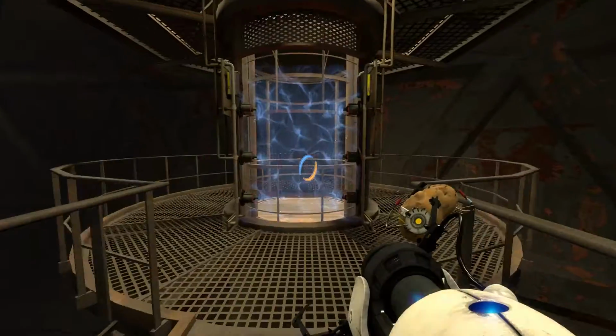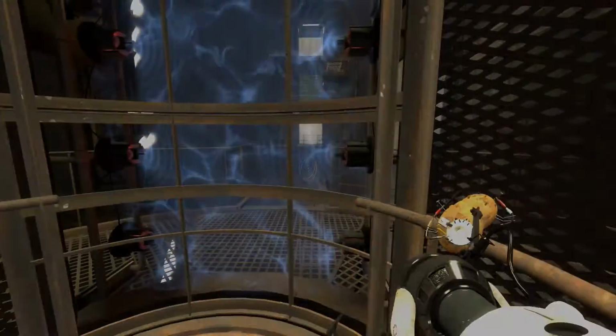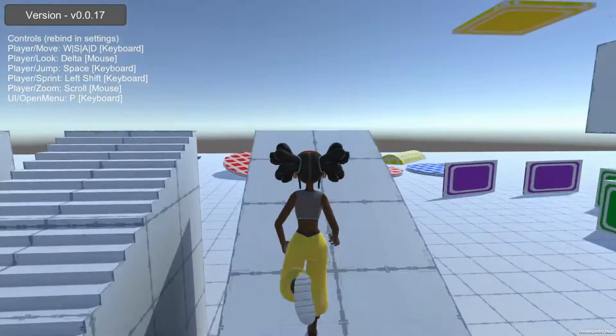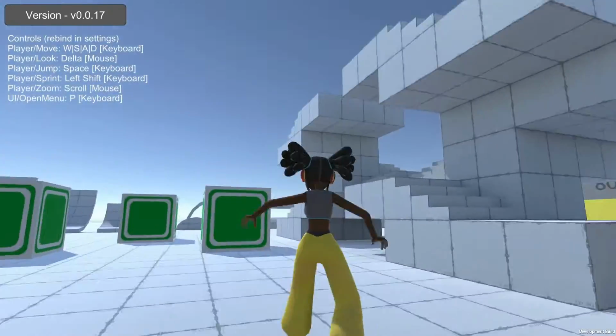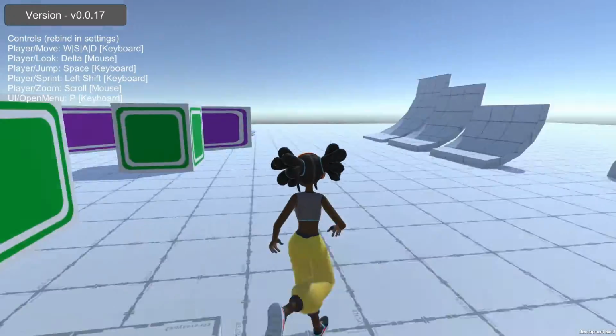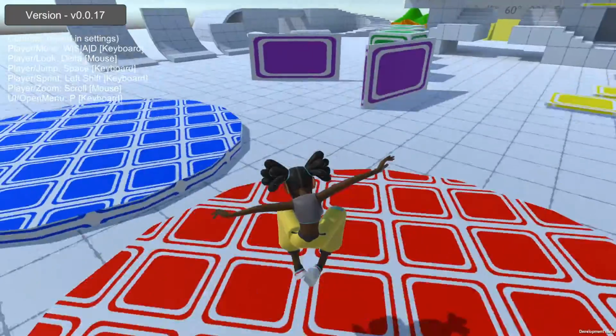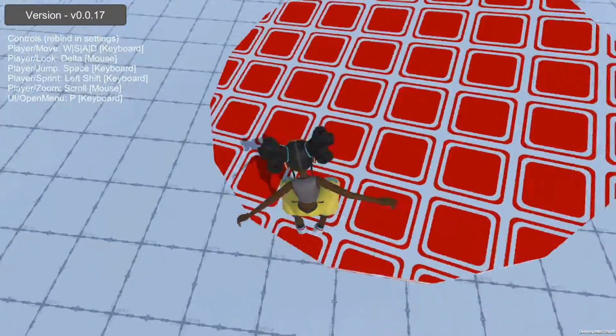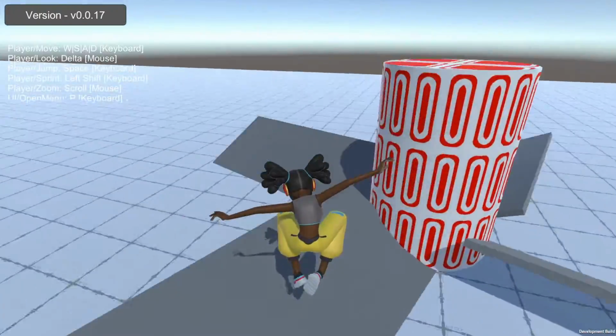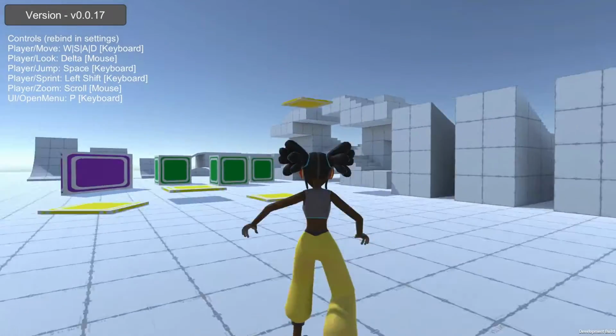Now that we know the basics of what a character controller should do, I would like to introduce you to my project, the Open Kinematic Character Controller, or Open KCC for short. The word kinematic describes the kind of physics object that the player is, which I will discuss in a future video. Over the next few months, I will be releasing a series of videos discussing features and updates to the